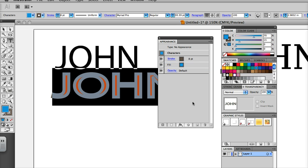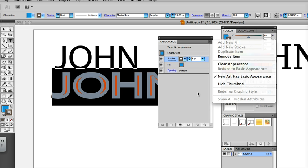That's how you can use the Appearance panel. You can also add new strokes. If I'm on stroke, I can go here and I can add a new